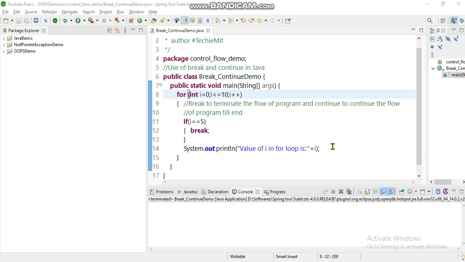Today in this video we will see the use of break and continue keywords and what their purpose is. So basically break is meant to terminate the flow of program. Suppose a case is encountered where we need to use break. Just by invoking break, it will directly terminate the flow of program, and below that